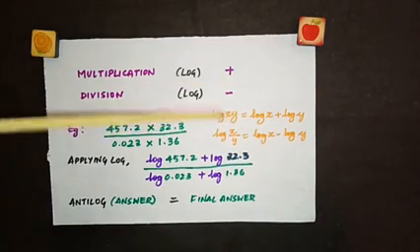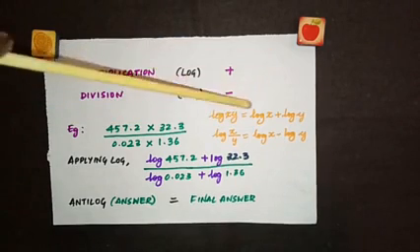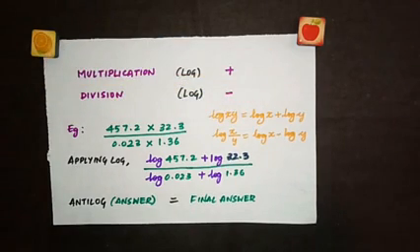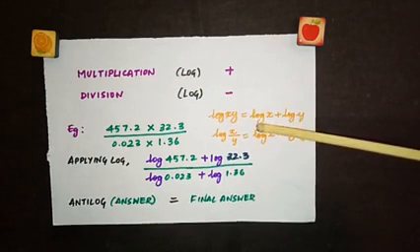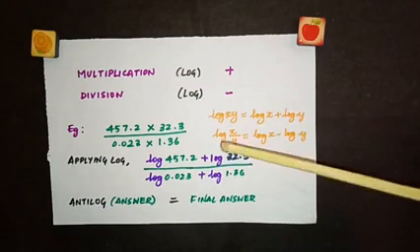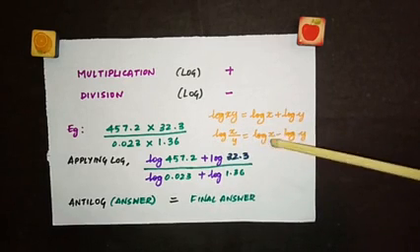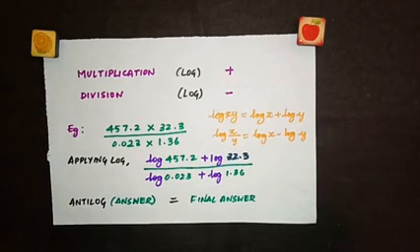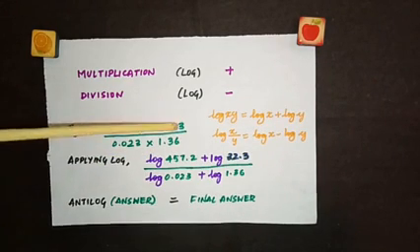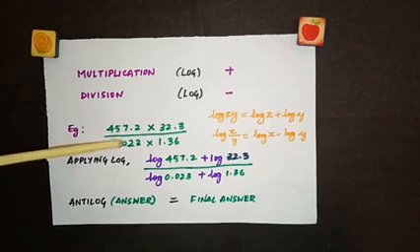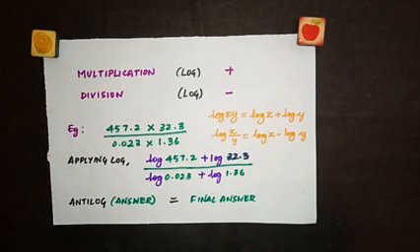Now look at this formula. Log xy is equal to log x plus log y. So if you have a multiplication, you can add these two log values. Same way, if log x by y is there, you can subtract it: log x minus log y. So what I'm trying to say is, here you can add these two values, and again add these two values, and subtract both the values. You will get the right answer.